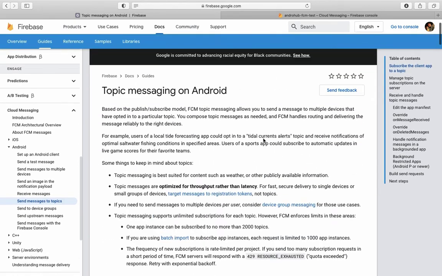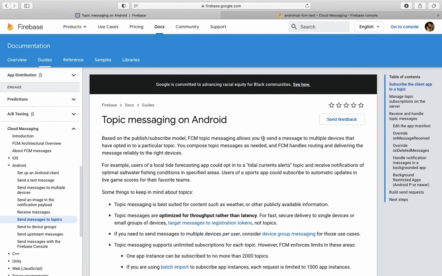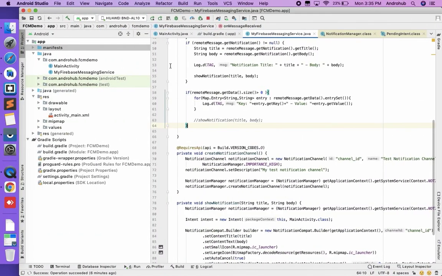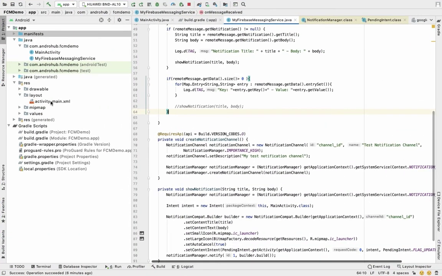In the topics also there can be a notification payload and a data payload. So topic is just a model, but internally you are going to send the data payload and the notification payload as well, depending on the requirement. Now let's see how you can subscribe and unsubscribe the topic in your device, and how you can send the notifications as well. Now let's come to the application.